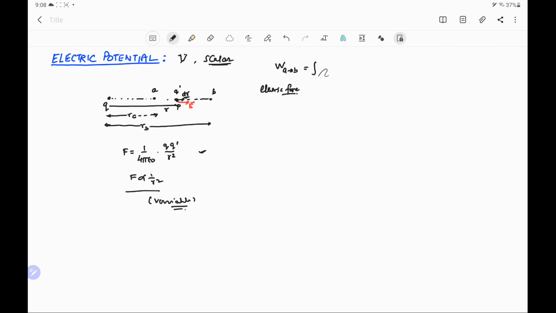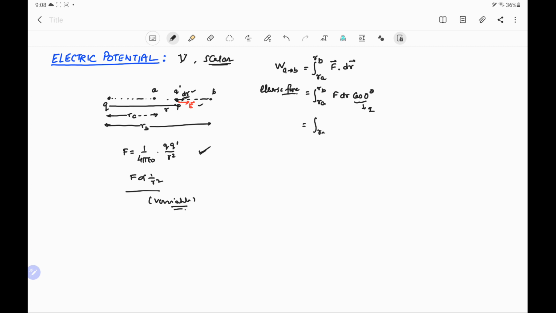So we integrate from RA to RB. This is the position of the particle from initial to final, and then the force F, this is the electrical force, dot dr, this is the displacement, and work is the dot product of the force and displacement. Opening it, we get the integral from RA to RB of F dr cos of the angle between them, because F and dr are in the same direction, that means they are parallel, so the angle between them is 0 degree, and cos 0 is 1. Hence, we replace the value of force in the expression.